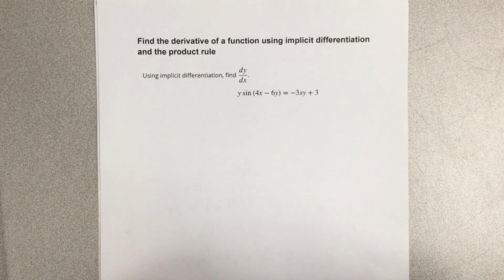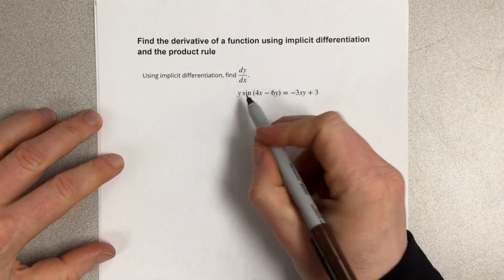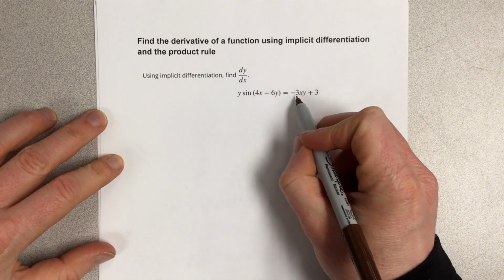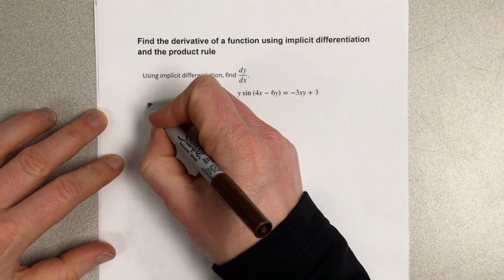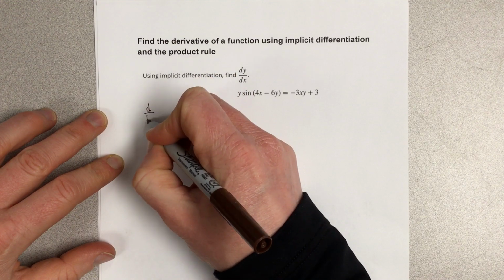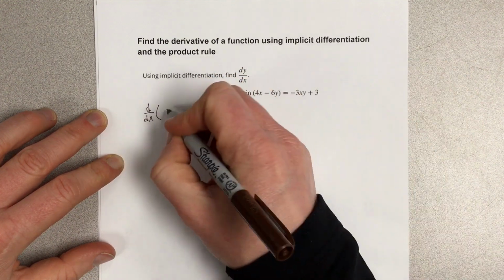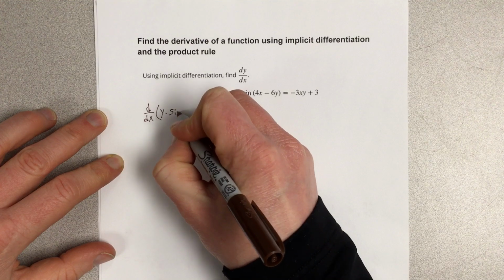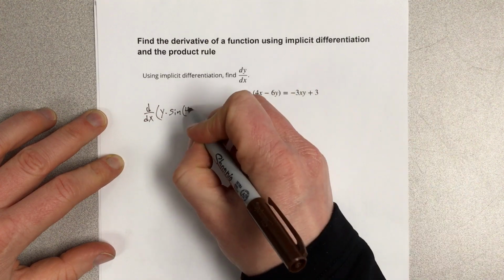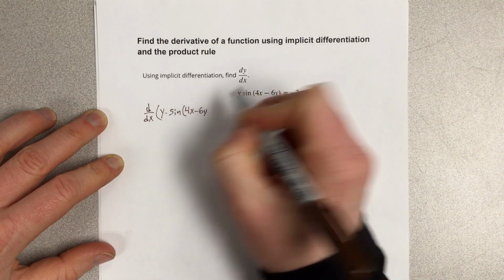In this video, we're going to find the derivative of a function using implicit differentiation and the product rule. It says using implicit differentiation, find dy/dx of the following equation. So we're going to start by taking the derivative with respect to x for each piece. So we're going to do the derivative with respect to x for y times sine of 4x minus 6y